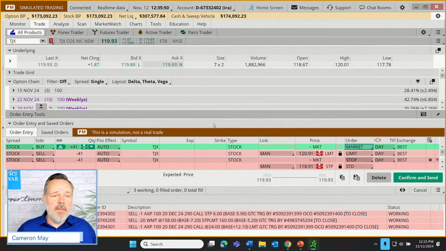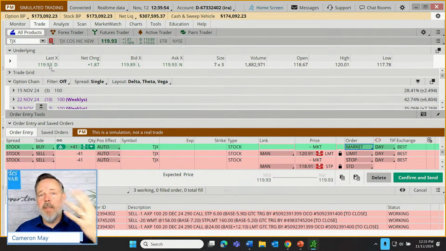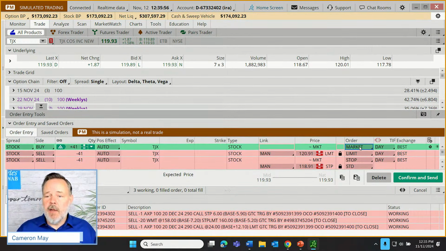We'll just pay that. It might be 119.93. It might be less. It might be more. Just be aware that a market order does carry a risk that we might not be thrilled with the price we pay, but it does also elevate the likelihood of a quick fill on the order. Now, once that order is filled, we're going to have two sell orders in place.